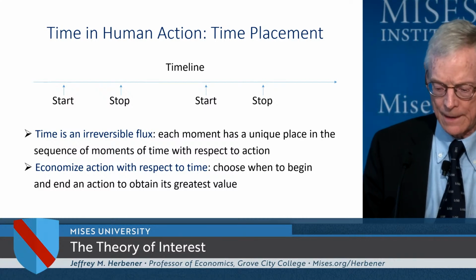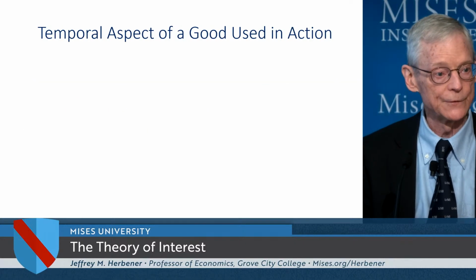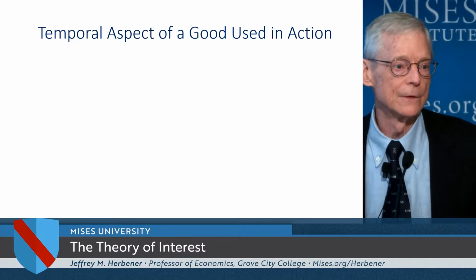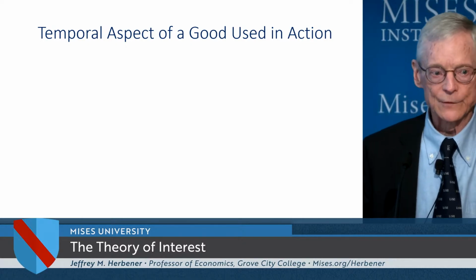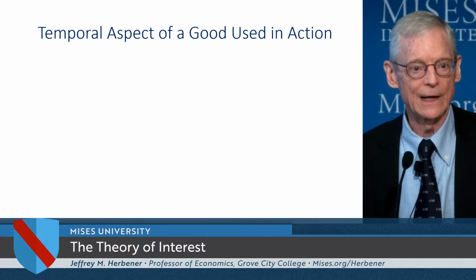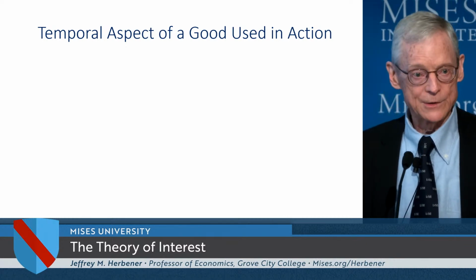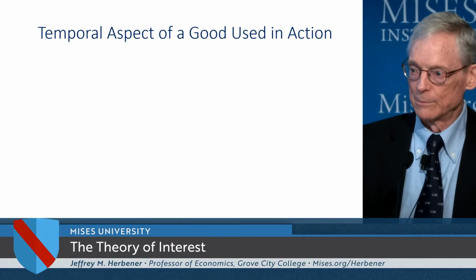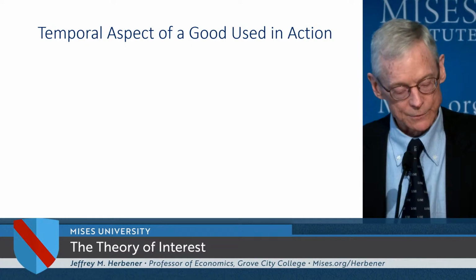We assess the time placement with respect to these other elements that we've already considered and talked about yesterday. Now, if this is true, then it follows that the value of a good that we use, since it's imputed, the value of the good is imputed by us from the value of the end that we are attaining. If we value an end more highly because we placed it on Friday instead of on Tuesday, then the value of the goods that we're going to use to attain that end would also have greater value to us on Friday than they would on Tuesday. So we'll have a difference in the valuation that we place, the marginal utility of the good, across these different moments in time, depending upon how we're assessing the circumstances within which we're acting.